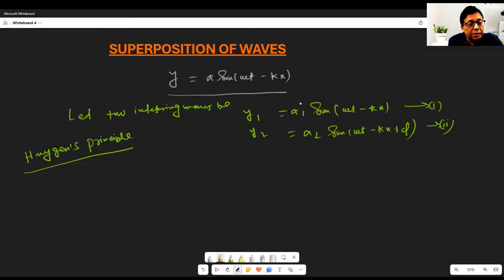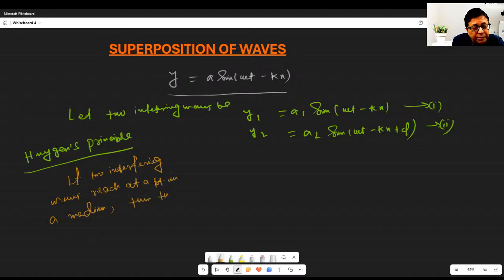So, if two interfering waves reach or interfere at a point in a medium,